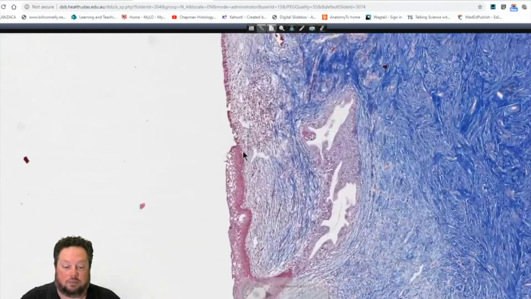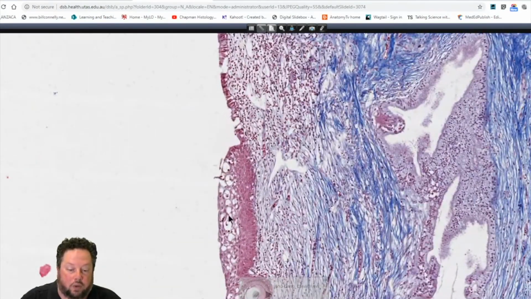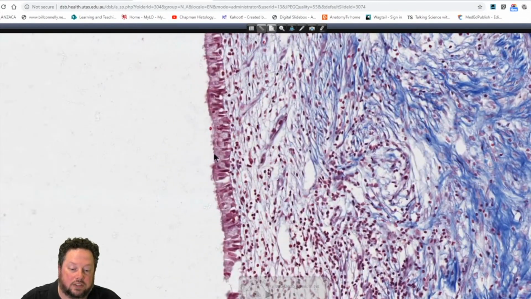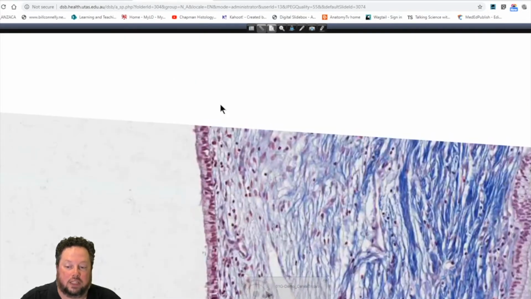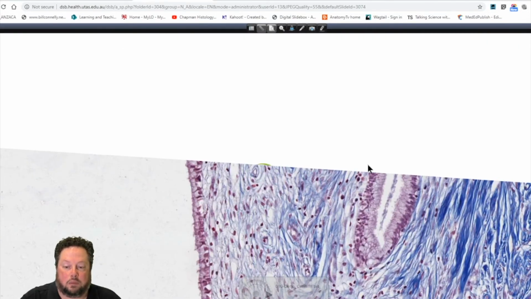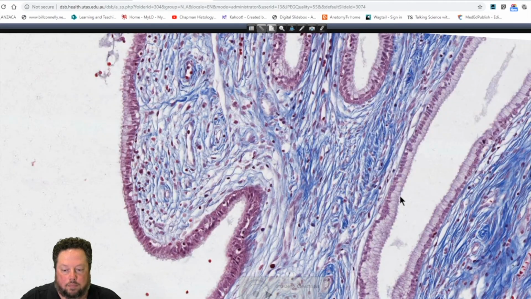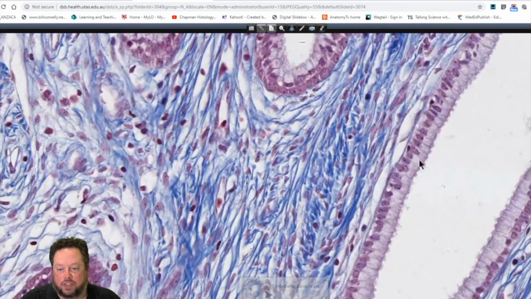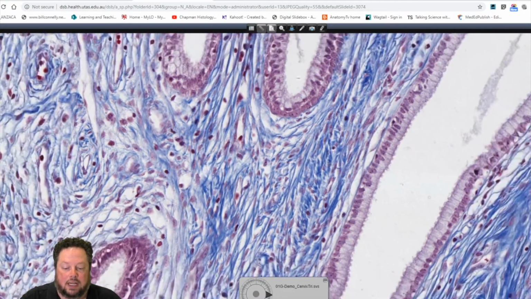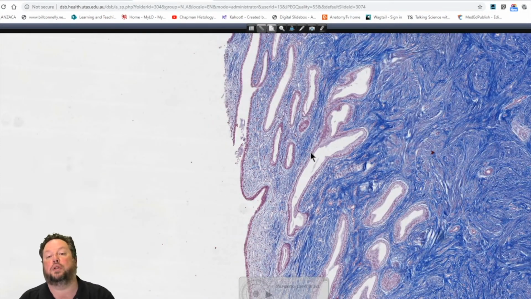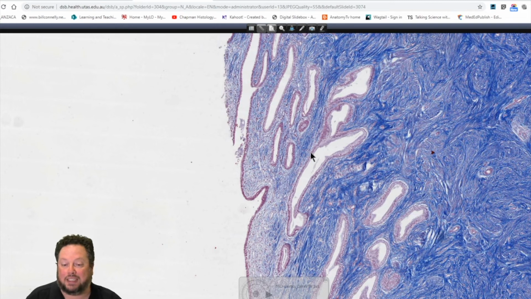So here's our junction between our stratified squamous, non-keratinized, and our simple columnar epithelium here, and you can see some cilia associated with this. Again, if we continue on, we can see some of these endocervical glands here. So again, very pale staining. These are mucus secreting. And women, of course, may be interested in changes in their cervical mucus if they're interested in their fertility. So they may test their endocervical mucus, the cervical mucus, to determine